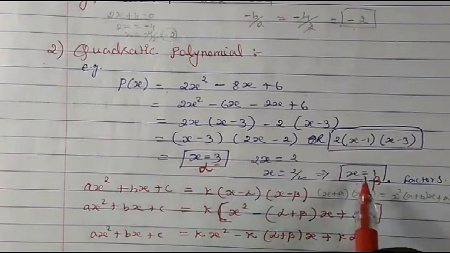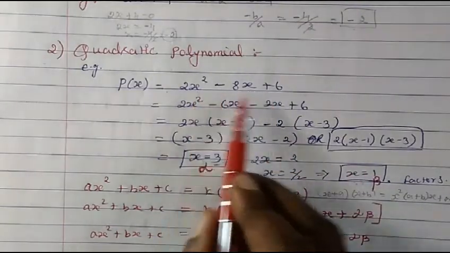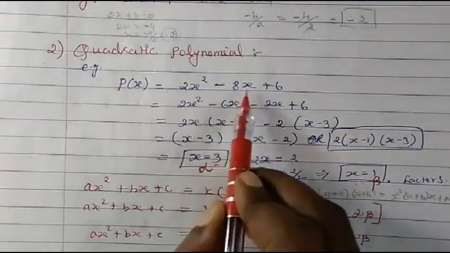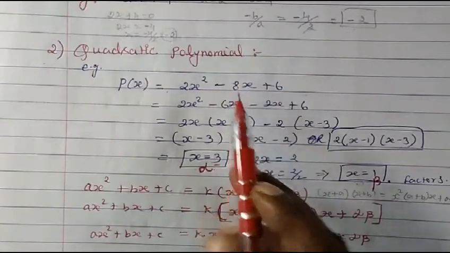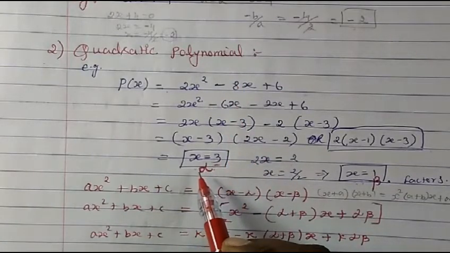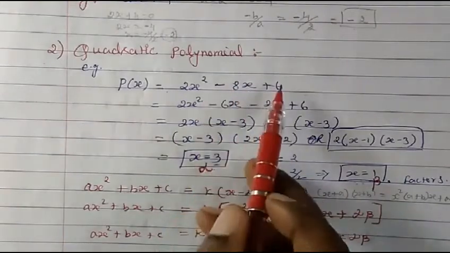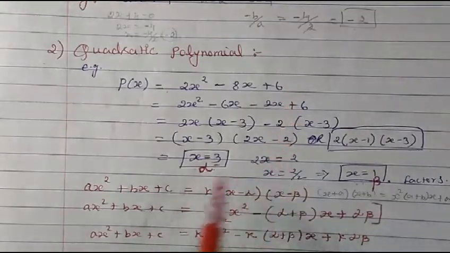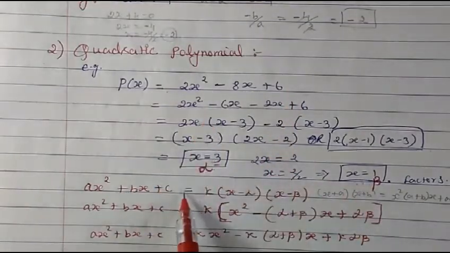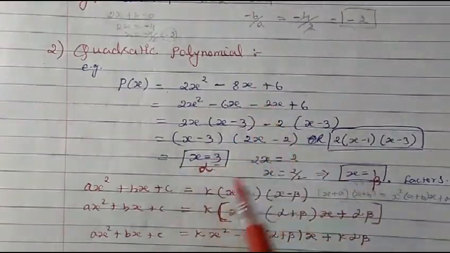Now this also we say it is a zero of this polynomial, because if we put the value of 3 or the value of 1 in the place of x, the polynomial answer will be 0. We have studied this also in class 9. If these are the factors of this polynomial, then the answer will be zeros. So if the answer gets 0, then we call these the zeros of this polynomial, because when you put this value in this polynomial, the answer will become 0.